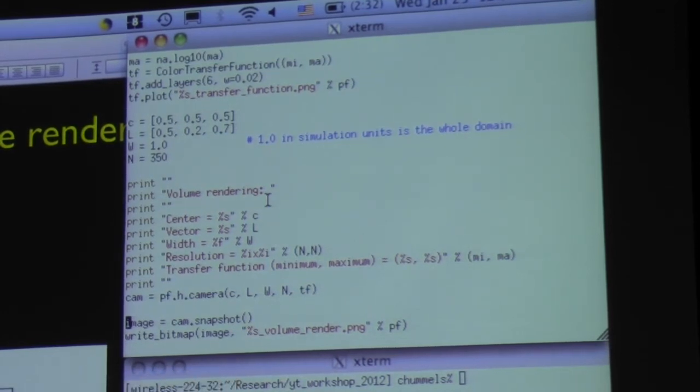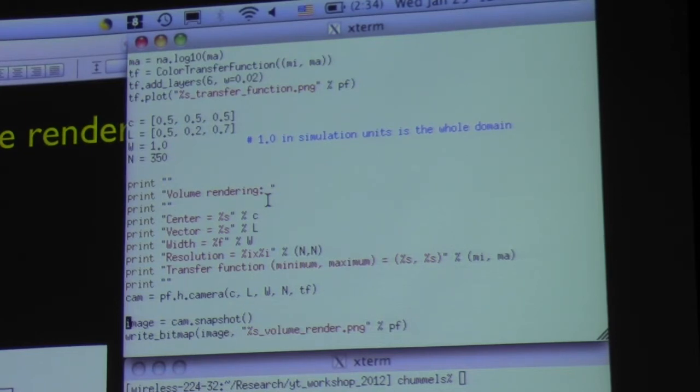So how do you define up? Up is the L value. Oh, I see what you're saying. How do you define... Okay, what's that? You can optionally specify it with up equals some vector. Yes. We're going to get a little bit more into that when Sam's talking, because this camera interface, which